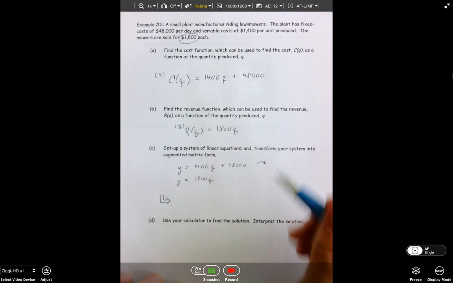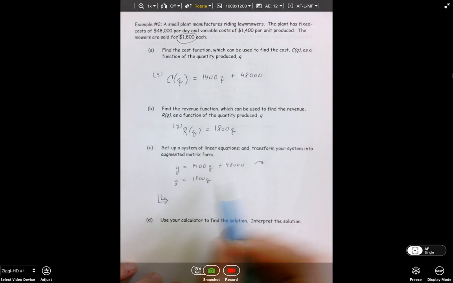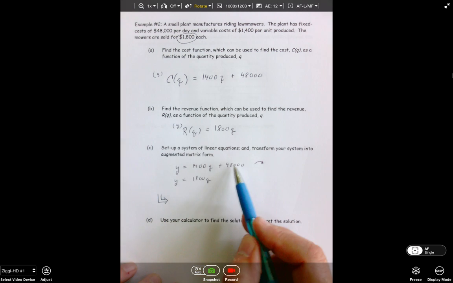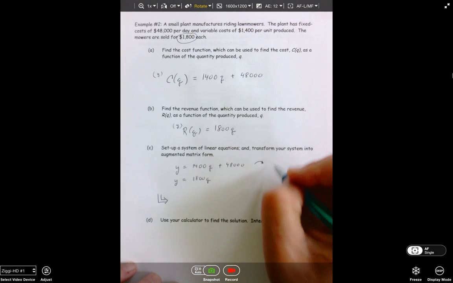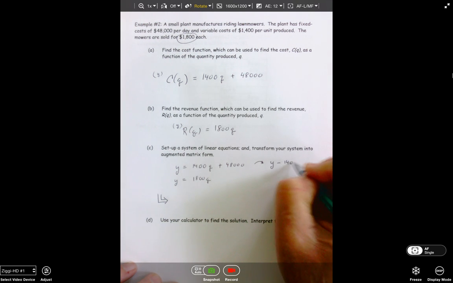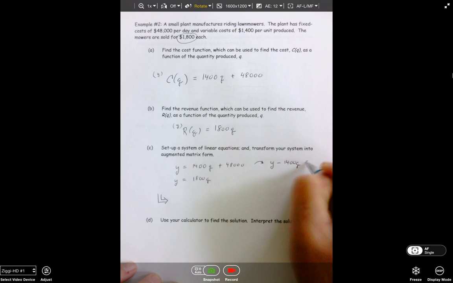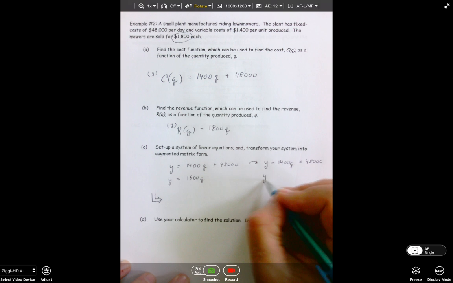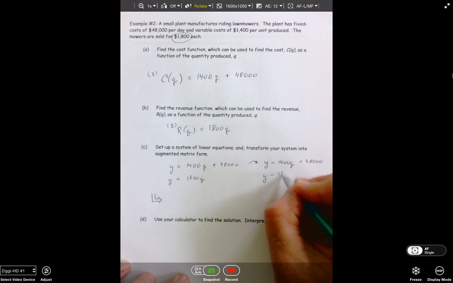What I want to do is get it in a form that I've seen before, where I have everything with my variables on one side and everything without my variables on the other side. So I could make this y minus 1400 Q equals 48,000. And I can make this one y minus 1800 Q